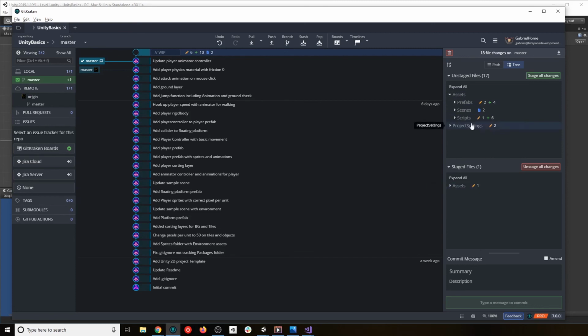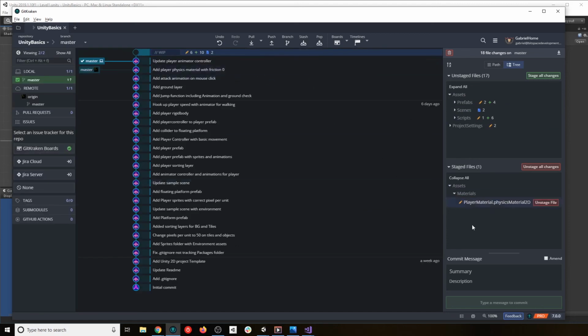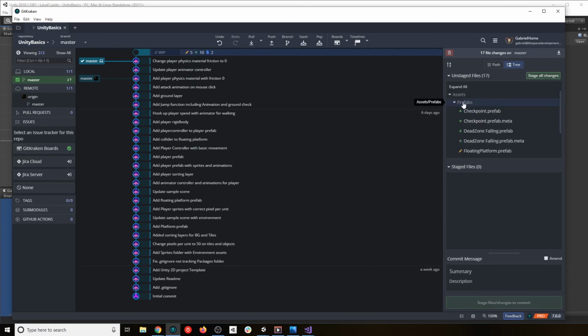We want to say materials. We changed here the friction. Change player physics material friction to 0. Commit this, and we want to add here